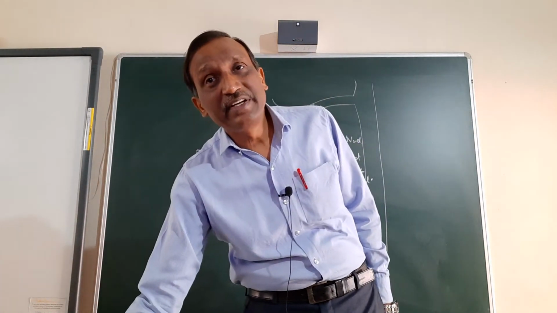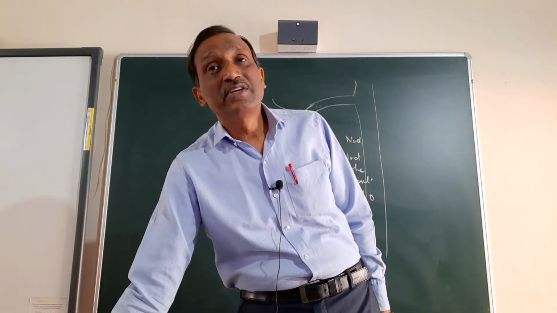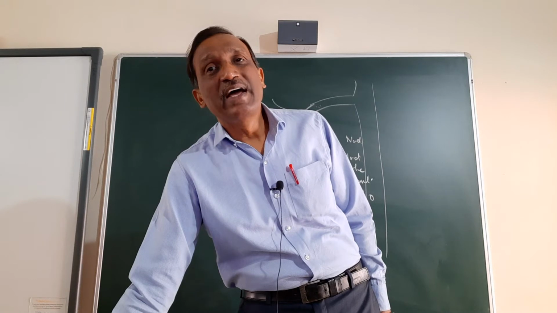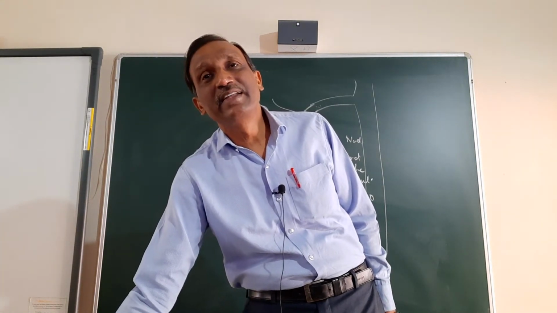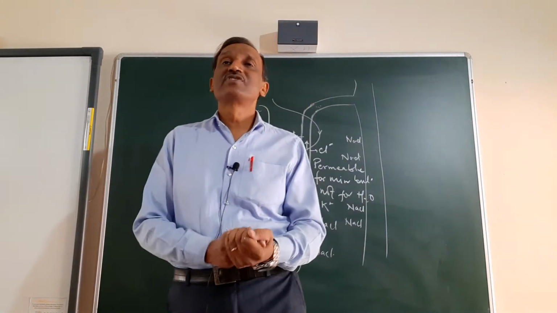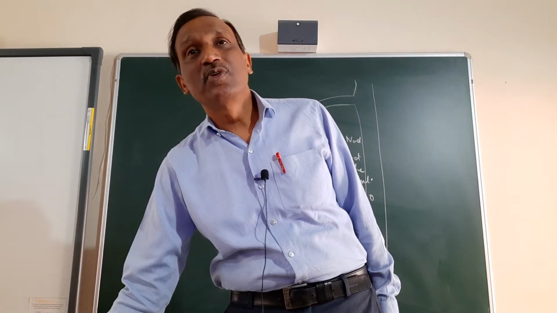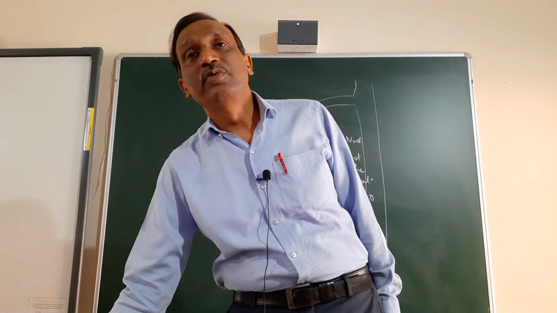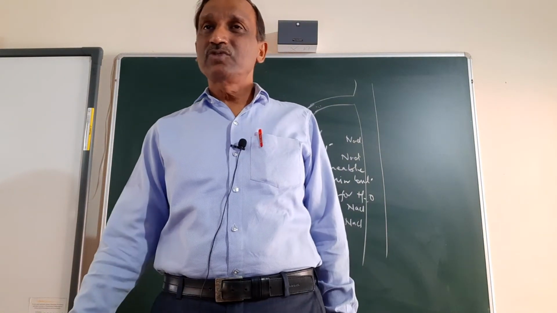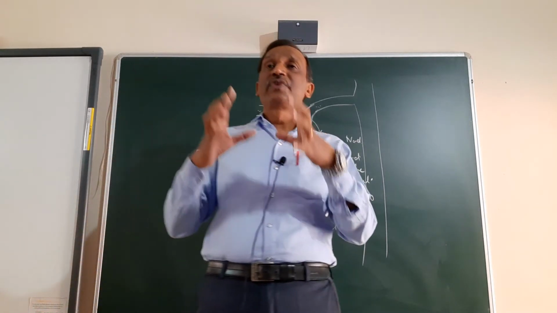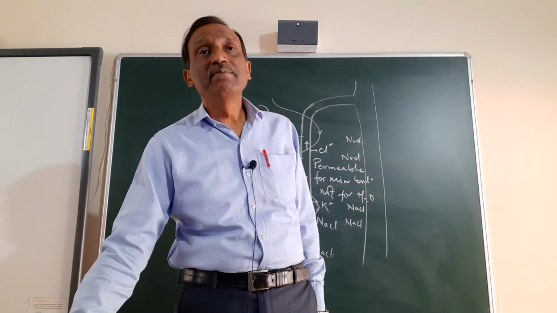Now, the same filtrate started rising into the ascending arm, and the minerals are progressively removed. As it loses minerals, the concentration goes on decreasing, and again the concentration of the filtrate becomes somewhat similar to the initial concentration. 300 milliosmol was here, and around 300 to 200 milliosmol here. So the game of concentrating urine is mainly done by the loop of Henle.